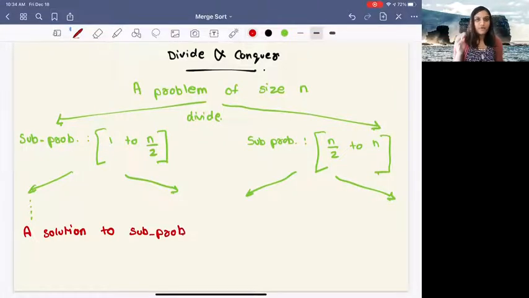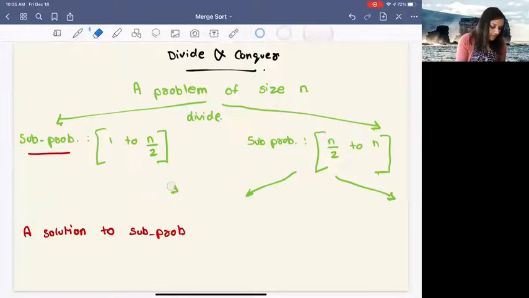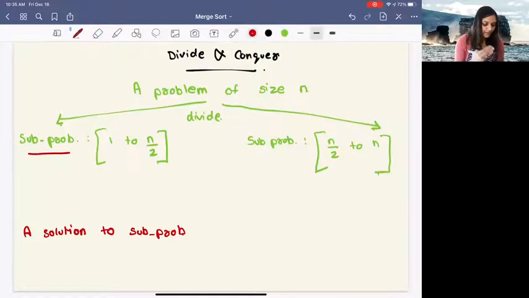So let's say after we divided the problem of size n into two subproblems of size n by 2, so from 1 to n by 2 and n by 2 to n, magically we know the solution for this size of the problem from 1 to n by 2. Then in that case, we don't need to divide it further because we know the solution of that subproblem size. So until we find the solution to the subproblem, we'll keep dividing it. Once we find the solution to both the subproblems, let's call this subproblem 1 and subproblem 2,